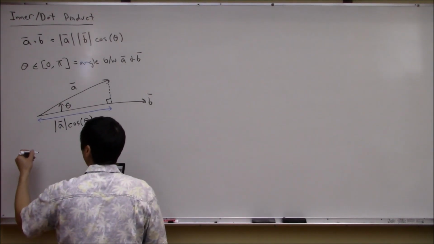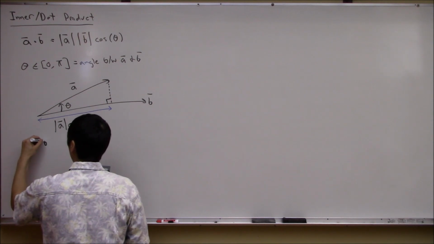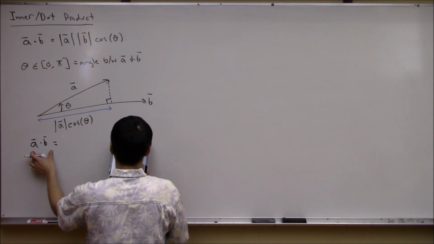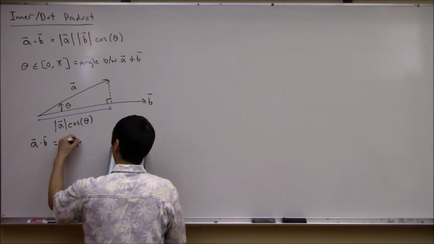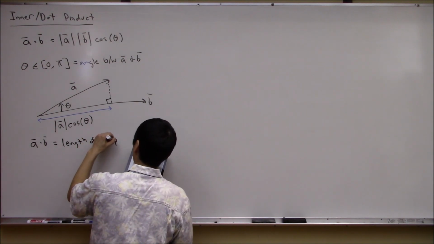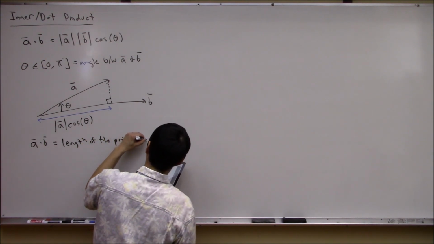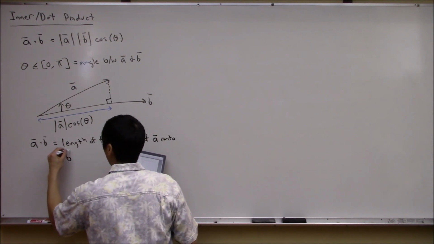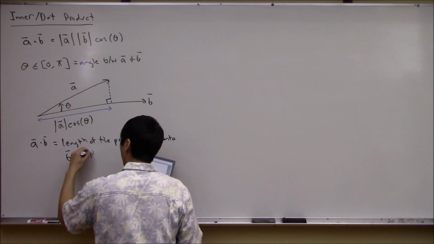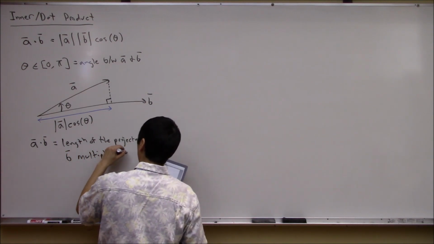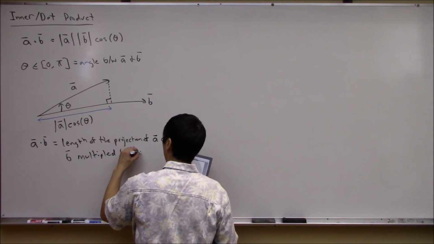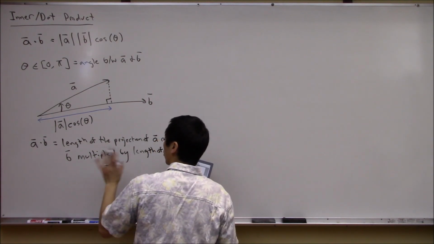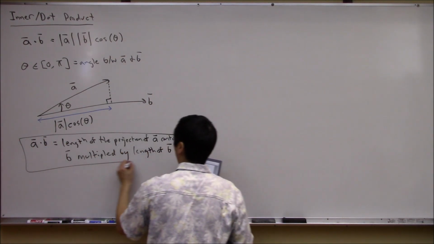From geometry, what we see here is A dotted with B. What this physically is, the way you can physically interpret the scalar number, is the length of the projection of A onto B, and then multiplied by this length of B. Okay? Okay, so again, box this up, keep this in the back of your mind because we're going